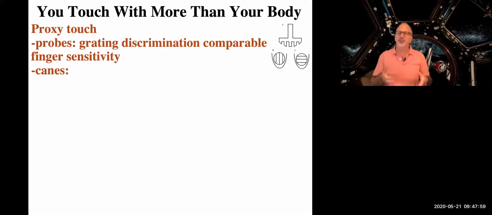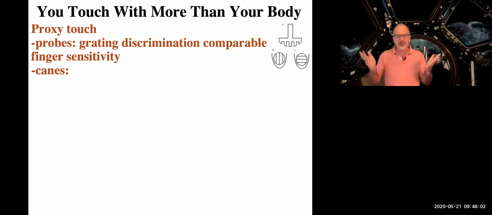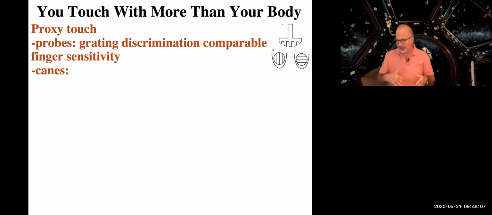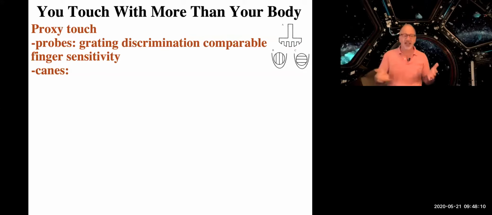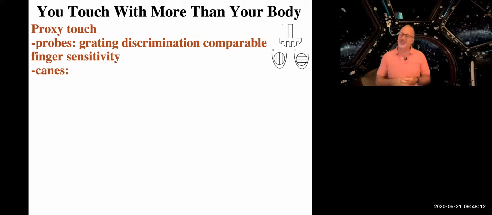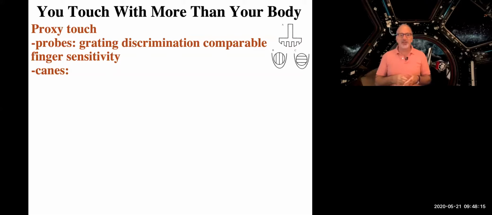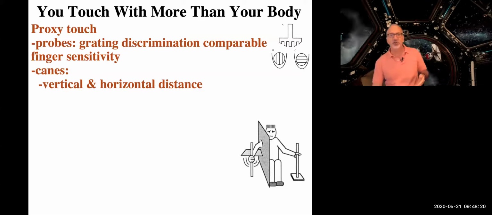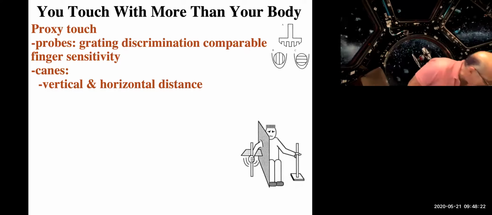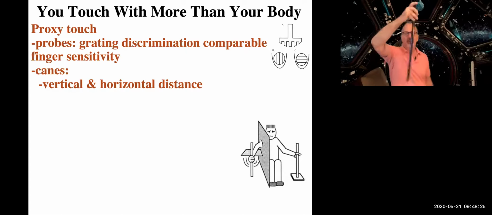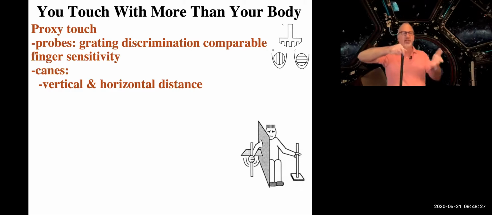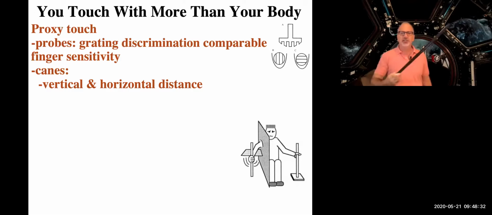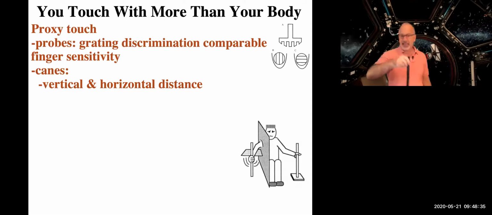So there's been a lot of research conducted with canes, and just some of the things that have been determined, and this is done sometimes with blind individuals, but often it's done with sighted individuals who are just blindfolded, intro psychology students, for example. And what is found is that people are astonishingly good at judging things like the vertical and horizontal distance of a cane. So here's a little cane I have right here. People who are blindfolded before they come into a laboratory room are asked to judge the distance of something they can't see.